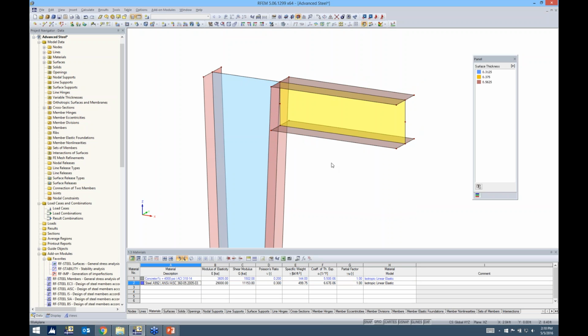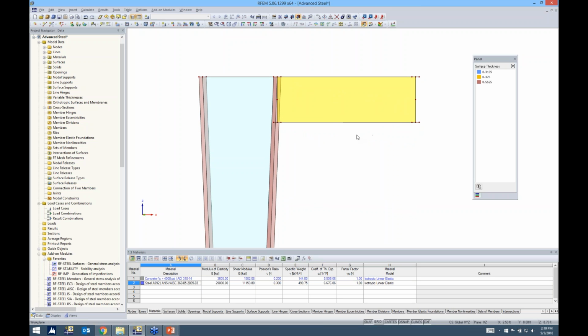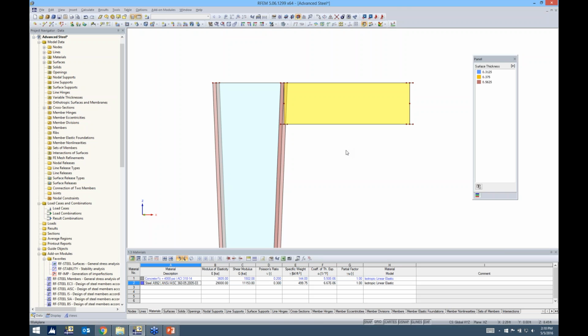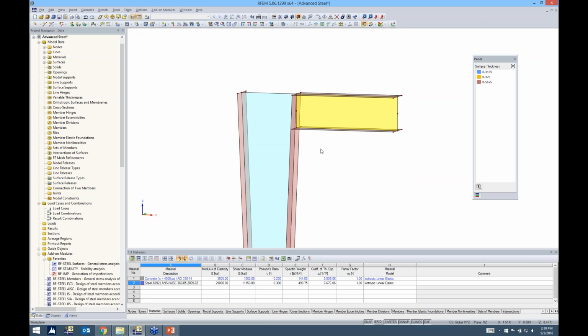So very useful, again, when you don't want to utilize these copy and move features using this button up here, but rather just drag and drop. So a very quick way to go ahead and move those. Now, the other thing that we need to do is we need to create a taper-like section for this beam